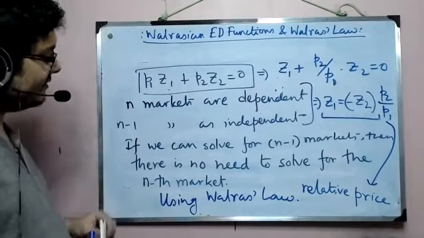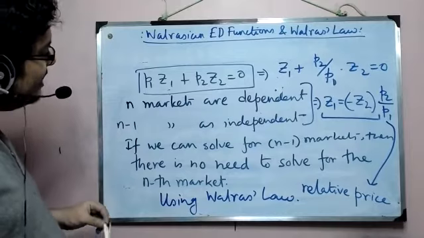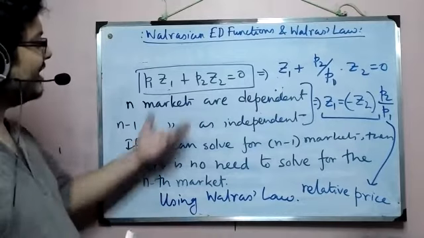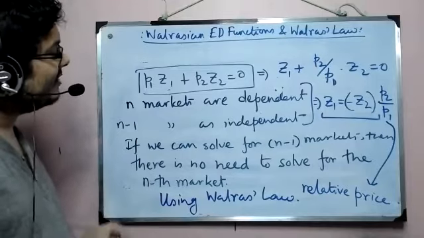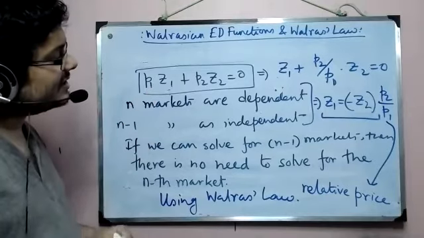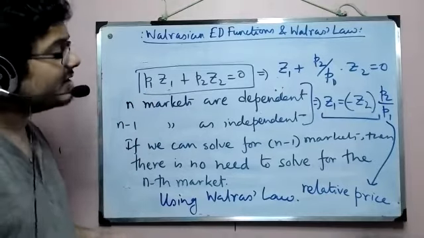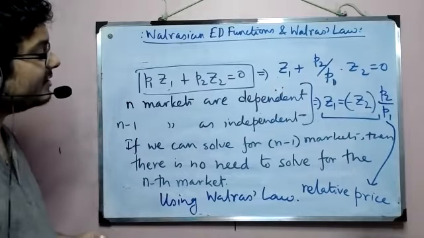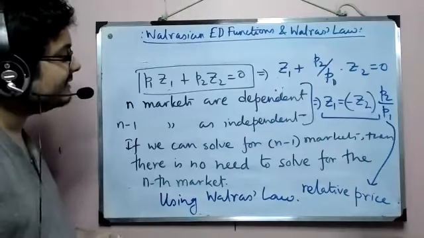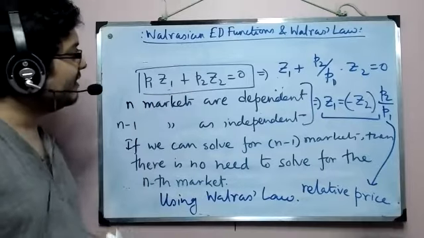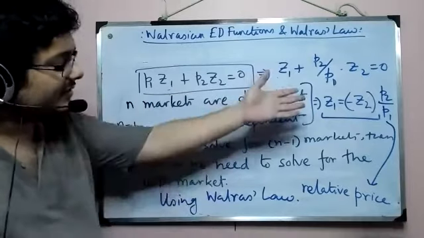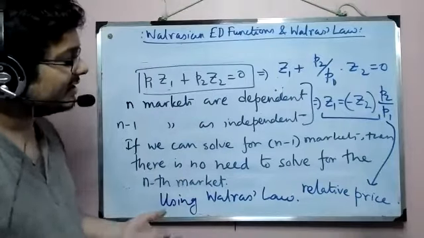Essentially, if you view it through linear algebra, then it's very simple. We have a dependent set of vectors, and since we have a dependent set of vectors, we can express one vector using another set of vectors which are linearly independent. And if we can do that, then we cannot have two prices separately. We have the relative price, and that will suffice.